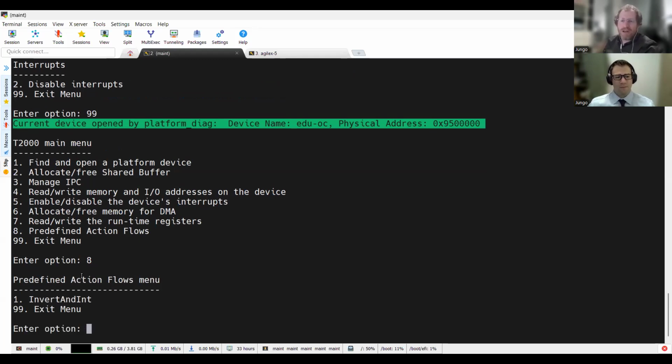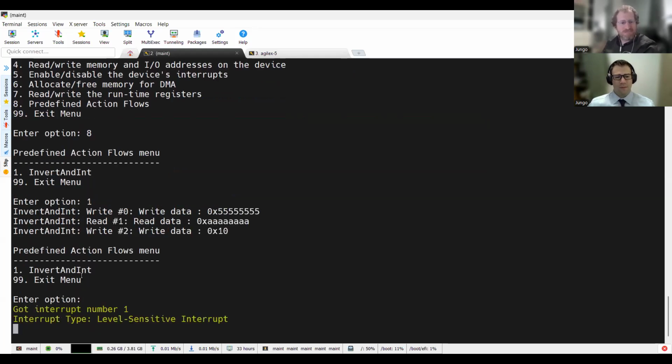So why don't I just run it, and if I did my job, then nothing will be set on fire. Yeah, we actually have a lot of experience setting devices on fire here, but currently nothing went on fire. Nothing went on fire today, and it worked exactly as it worked in the wizard. So you actually generated code that does this flow the exact same way. You write 5s, you read As, you write 10 to the offset 60, and then you get an interrupt raised.